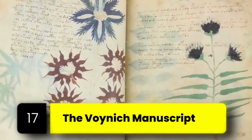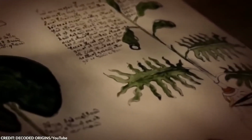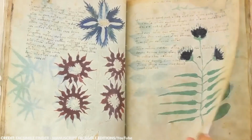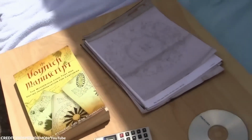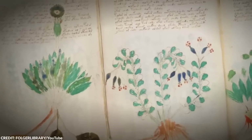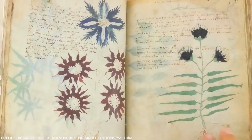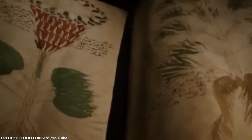Number 17. The Voynich Manuscript. Browsing the pages of the Voynich Manuscript is like seeing information from another world. First discovered in 1912 by the Polish book dealer Wilfrid Voynich, this perplexing piece has been dated to the early 15th century. This manuscript has 240 pages and it contains sections on herbal, astronomical, biological, and pharmacological topics,